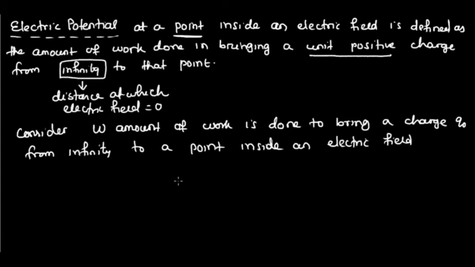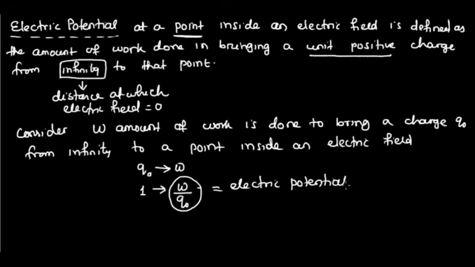Then what is the work done in bringing a unit positive charge? To bring a charge q naught from infinity to the given point, we did W amount of work. So for a unit positive charge, the work done will be W by q naught, and this work done per unit positive charge is nothing but the electric potential,